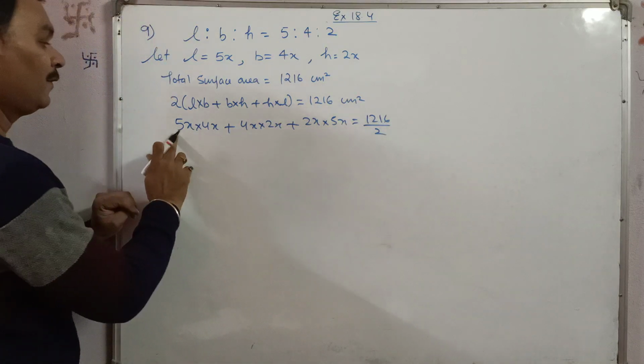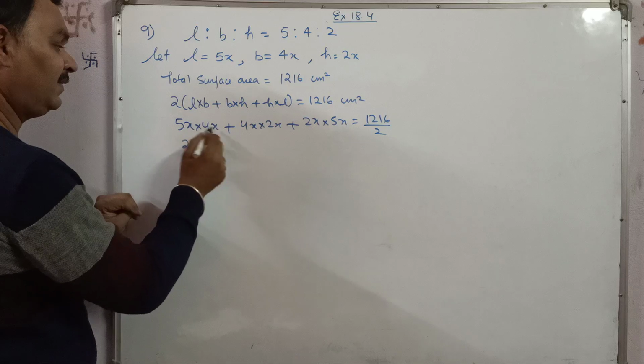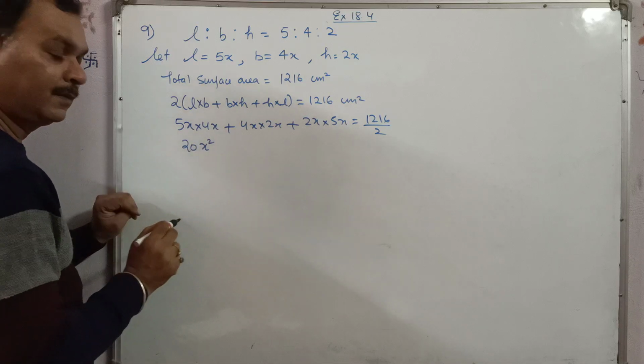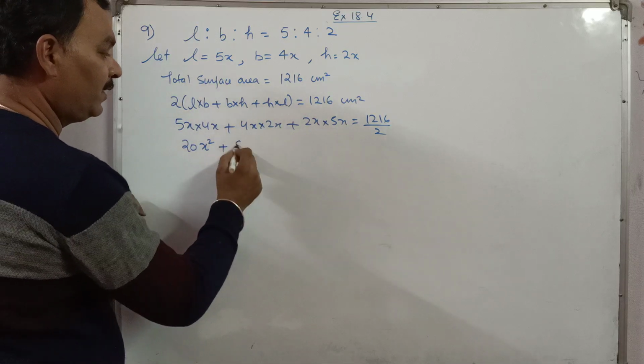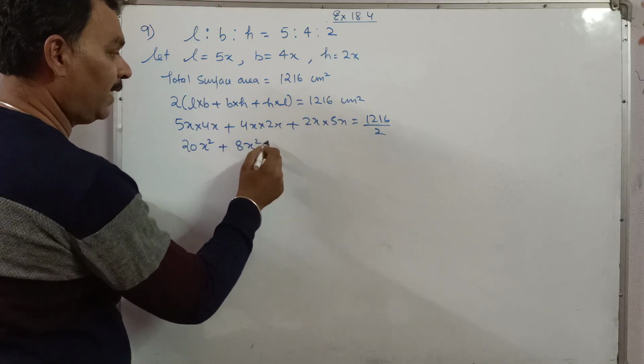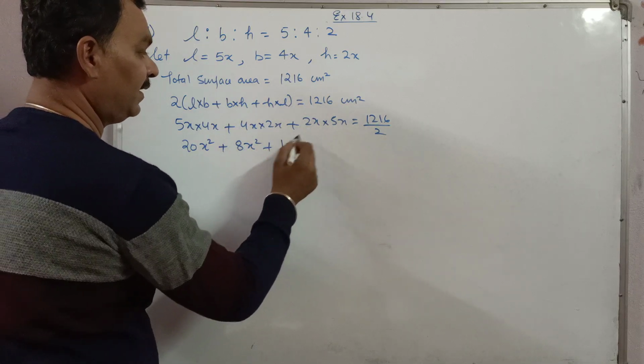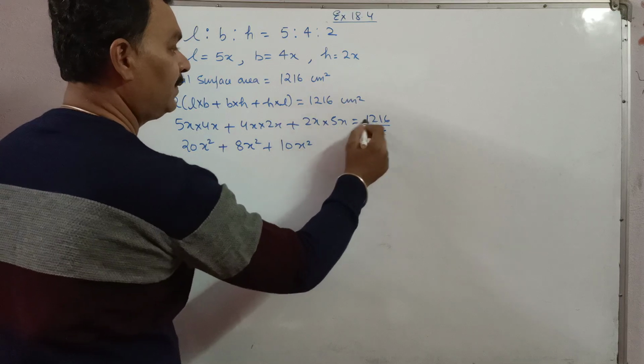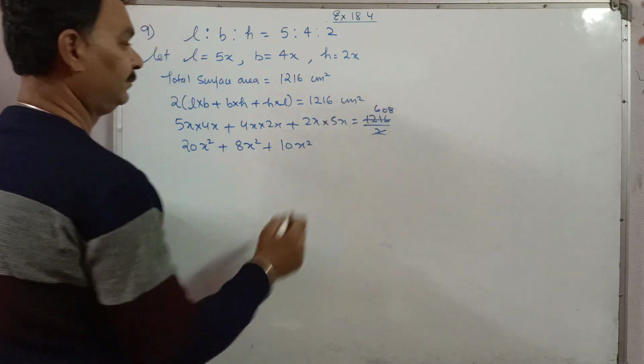1216 upon 2. Now 5 into 4, that is 20, x into x, x square. 4 into 2, that is 8, x into x, x square. 2 into 5, that is 10, x into x, x square. And this will be 608